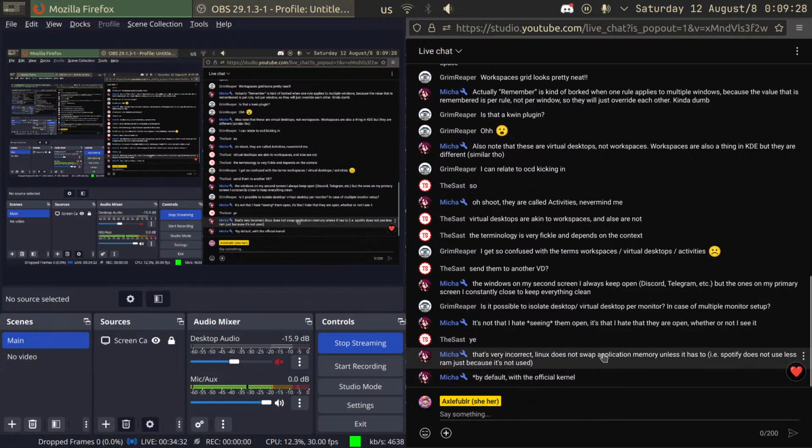Does not swap application memory unless it has to. Well, that's okay, but basically what I'm saying is RAM is going to be okay even though I'm using all of it. So I guess my point is, if RAM is needed elsewhere, Linux will probably forget about Spotify because I'm not currently using it. So is that correct? Because that's what I mean by that. Yeah,